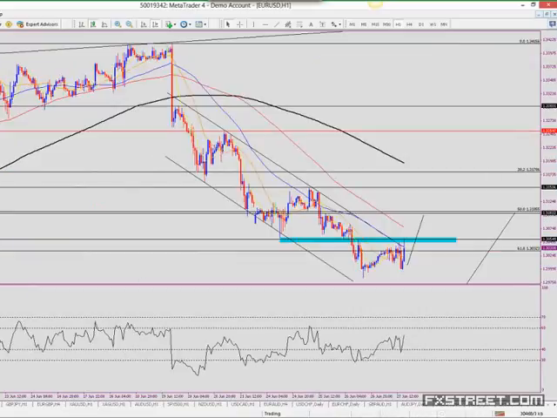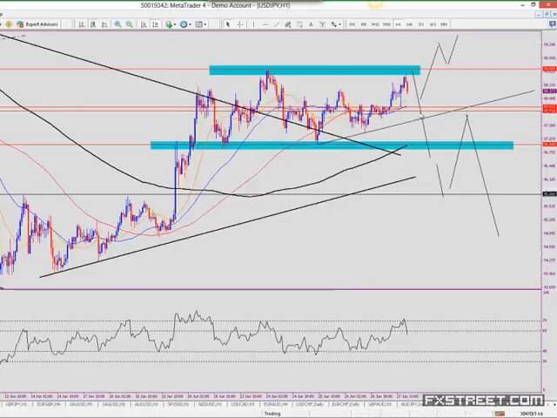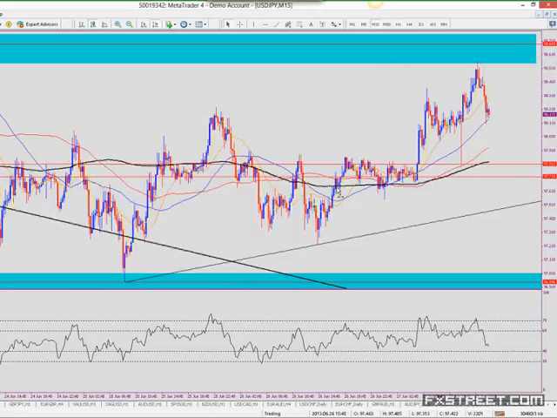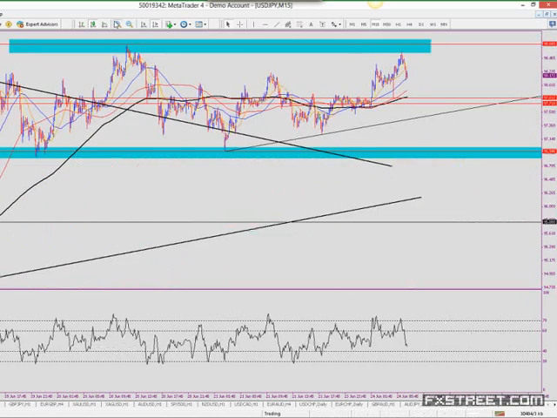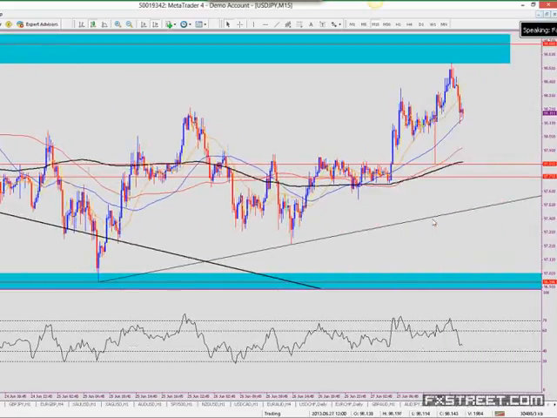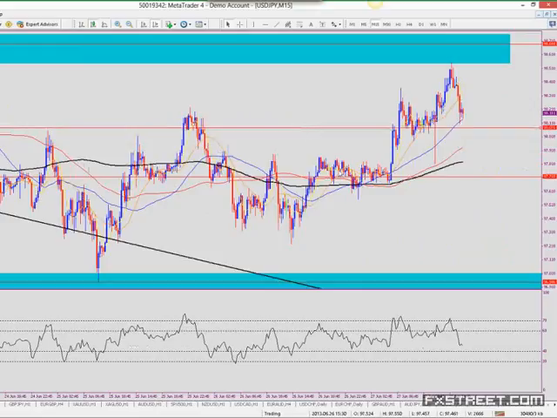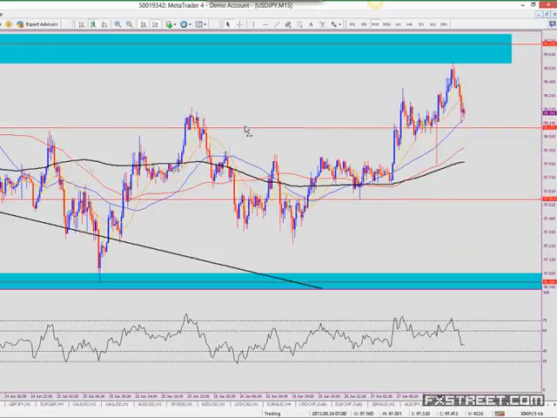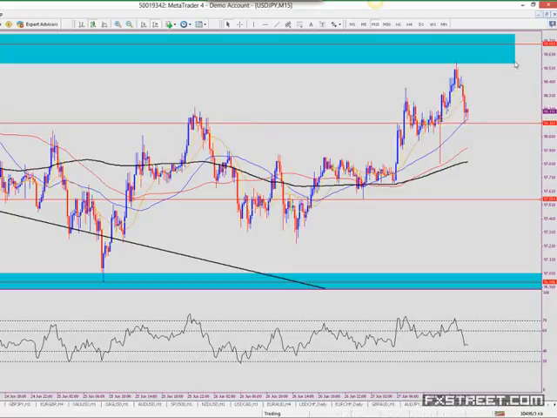So let's go to dollar yen, for example, okay? When we break up this range, let's go to the 15-minute chart so you can see it larger. Okay. So if you break this up in thirds, I'm just kind of eyeing it right now. Top third, middle, bottom third. So during the bottom third of the range, you're looking at only bullish trades. Top third of the range, you're only looking at bearish trades. Middle third, you're sort of just standing aside, because the middle of a range sort of represents the neutral or